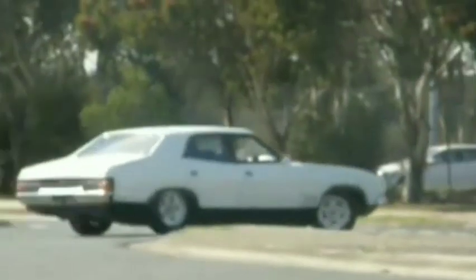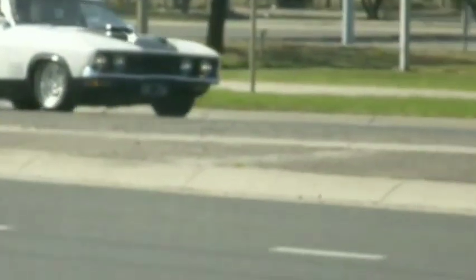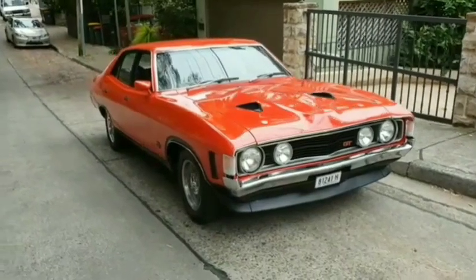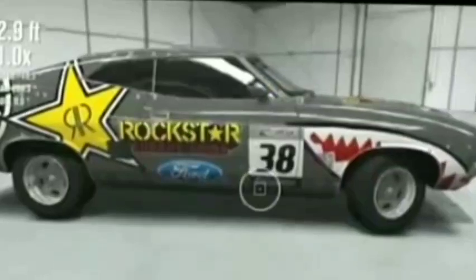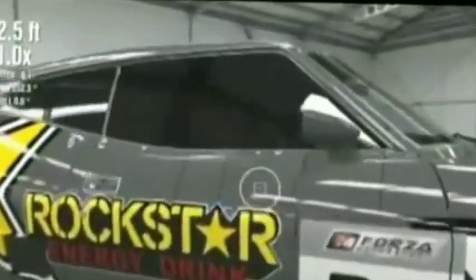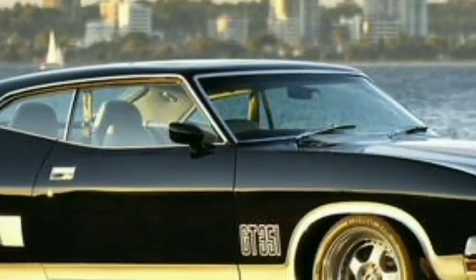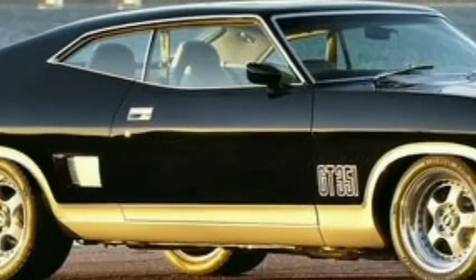The flat-plane crank design gives it a unique sound and lightning-quick throttle response, making every shift feel razor-sharp and instantly connected to the road. What truly sets the GT350 apart is the balance between power and control. Its magnetic suspension, massive Brembo brakes, and aerodynamic bodywork all work together to keep the car planted even at high speeds. Whether you're pushing it on a highway straightaway or carving through tight corners, the car feels stable, responsive, and